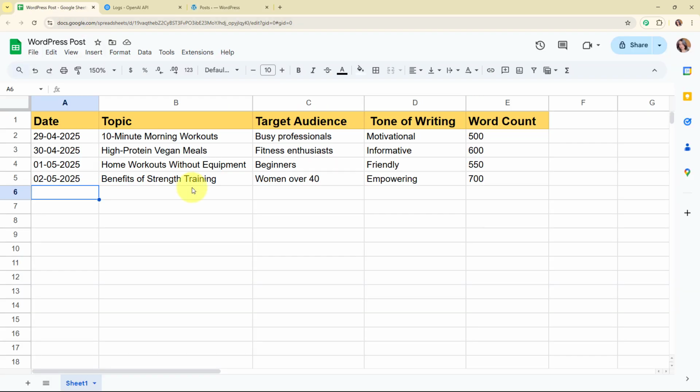Now, on my screen you can see the Google Sheet that I've already created with the name WordPress post. Here you can see the fields that I've taken, such as date, topic, target audience, tone of writing and the word count. I have added some topics here with the dates, and now my objective